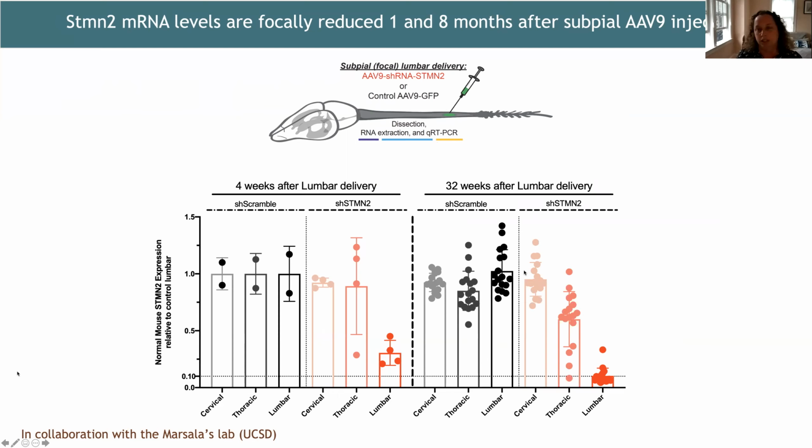We have a very large collaboration with Catlux, who is at Jack's laboratory, and has generated a different model to test stathmin 2 contribution in disease, and in particular using stathmin 2 knockout mice, as well as transgenic human stathmin 2, as well as some humanized stathmin 2, where we have put the human exon 2A within the mouse gene in order to recapitulate the sensitivity of stathmin 2 to TDP-43 dysfunction. So that's ongoing. Hopefully next time I will show you more results, but for now I'm going to just focus